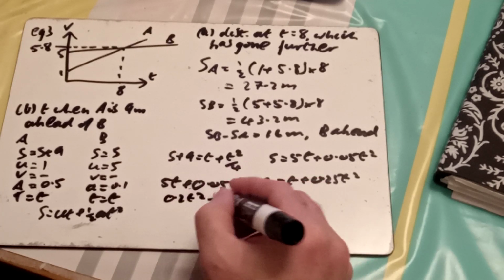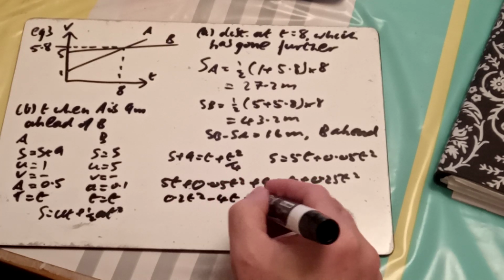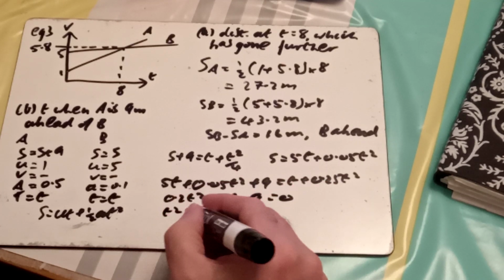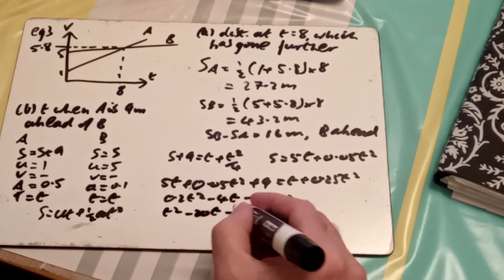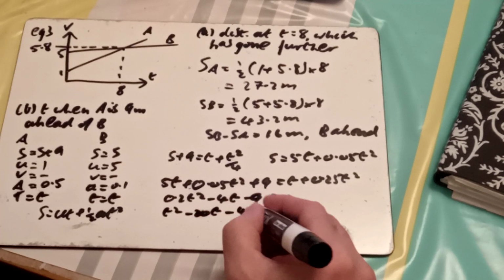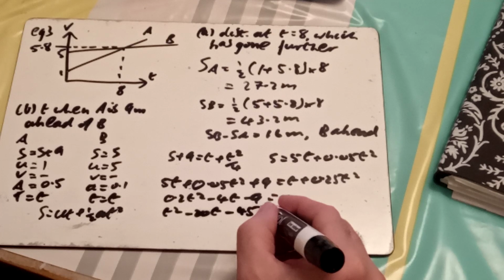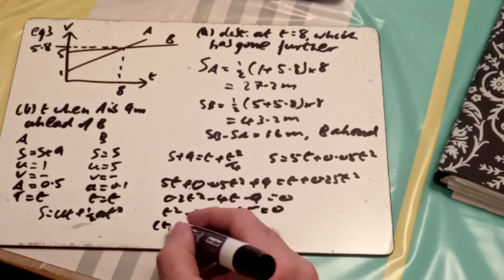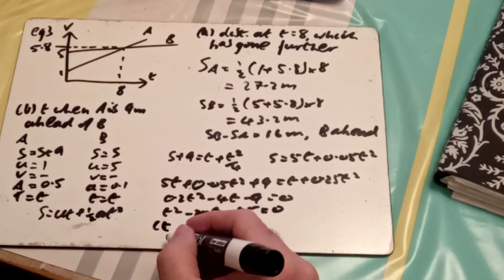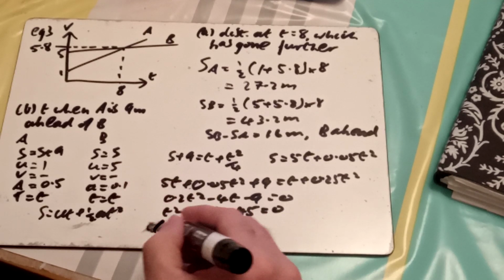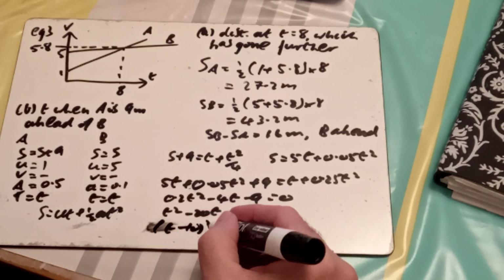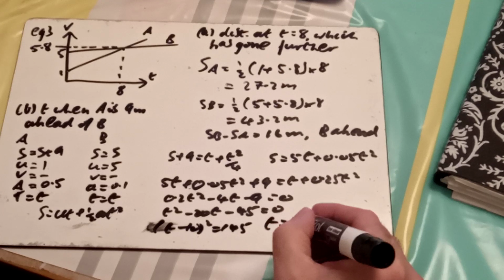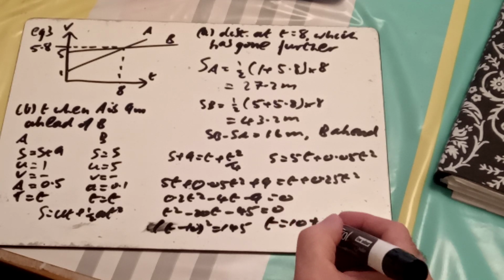T minus 5 of them is minus 4 of them, and then minus 9 equals 0. 0.2 is a fifth, so I've got T squared minus 20T minus 45. And I think it's going to factorise. Is it going to factorise? Not quite. So I'm going to complete the square: T minus 10 all squared minus 100, and that, so it equals 145. T equals 10 plus or minus